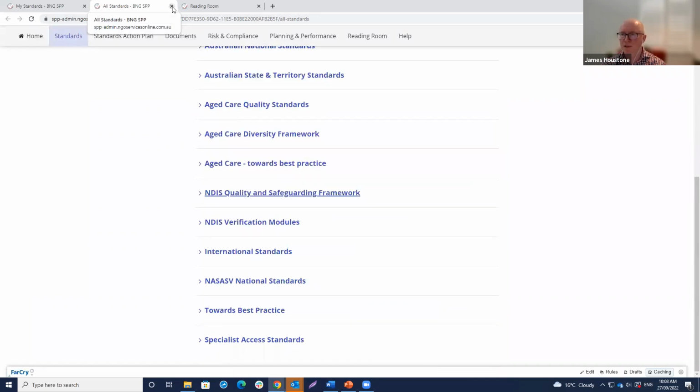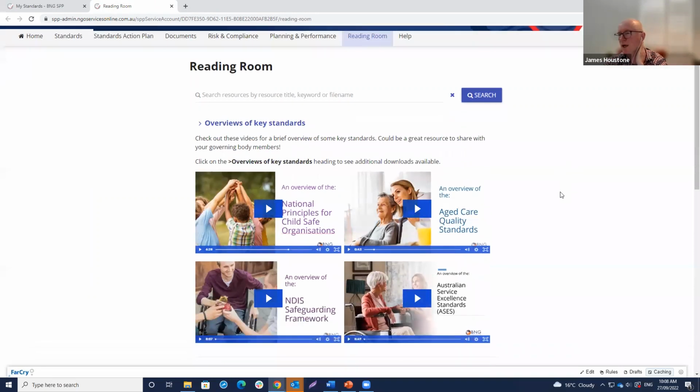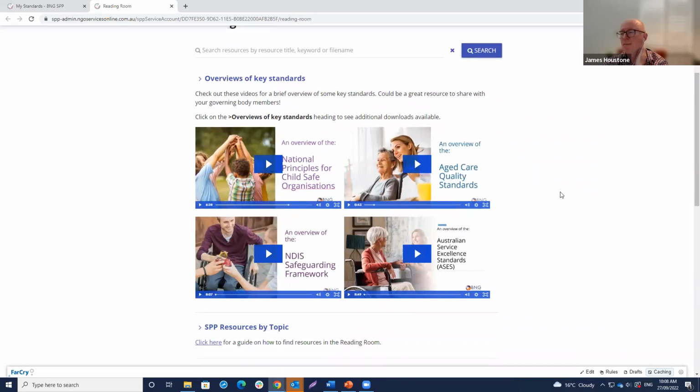There are a lot of different standards there. I just want to jump across to the reading room for a moment, because the other important point I want to highlight, both to people who are not familiar with the portal and to those who are, is that they may not be aware we've recently added a number of these hopefully helpful video resources.